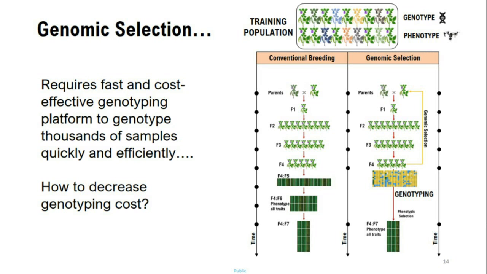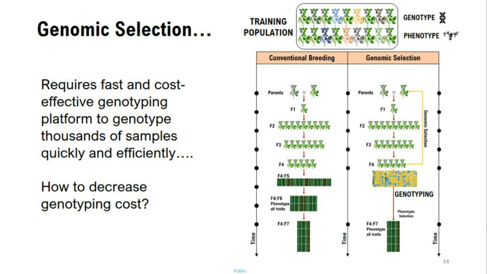Then we phenotype all these samples and select based on their phenotypic data. In this breeding setup, normally we have thousands to millions of individuals that have to be phenotyped and